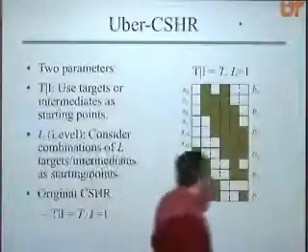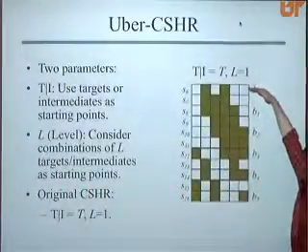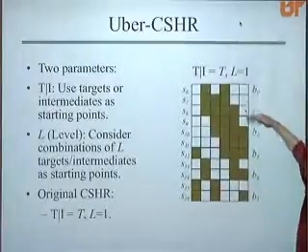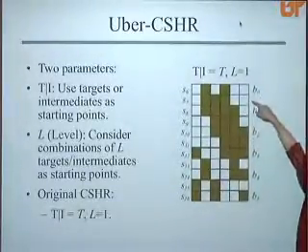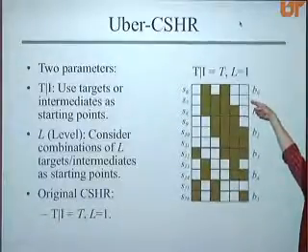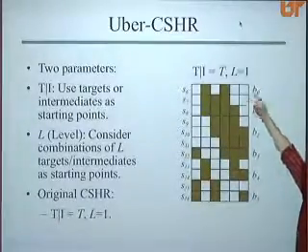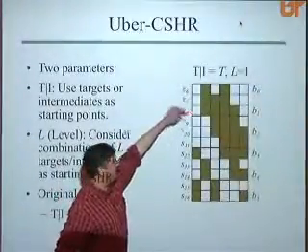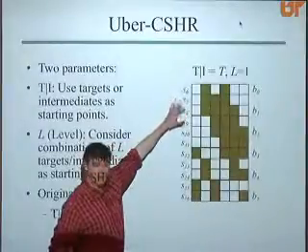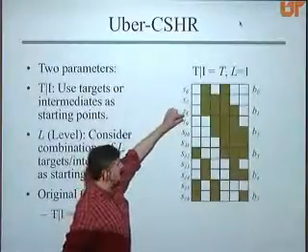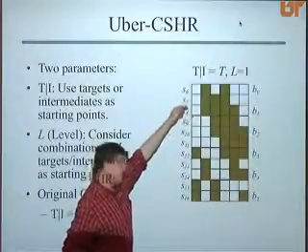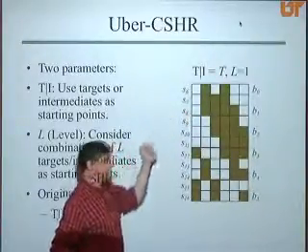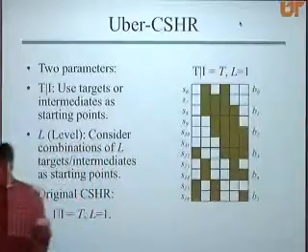So as originally specified, CSHR says I can start with this one and try to figure out if it improves XORs, or this one, or this one, or this one. Well, I've got an intermediate sum in here. Why can't I check this one to see if that improves things? That's the T or I parameter. The L parameter says, rather than just considering starting from 1 row, why don't I look at all combinations of 2 rows, or all combinations of 3 rows? And it may be that if I combine 2 rows together, sure, that's an XOR, but that might reduce the number of XORs in total that it's going to take for me to calculate one of my targets.